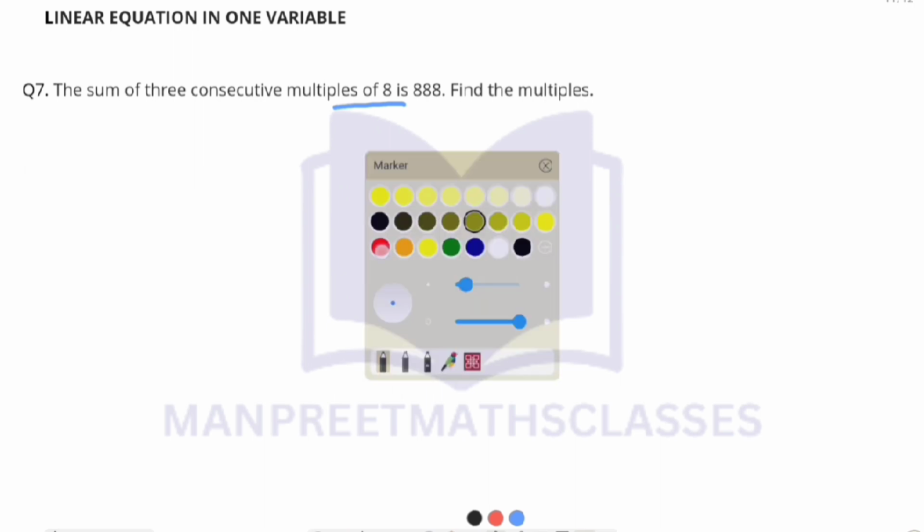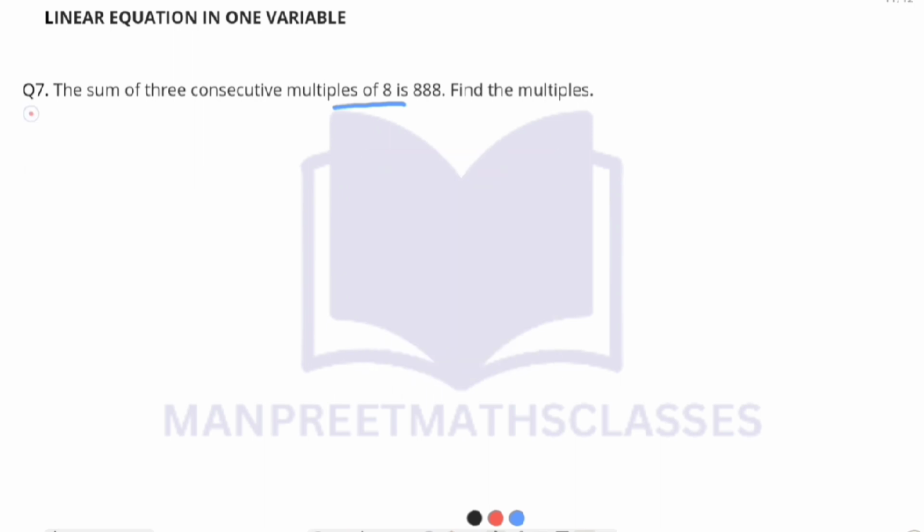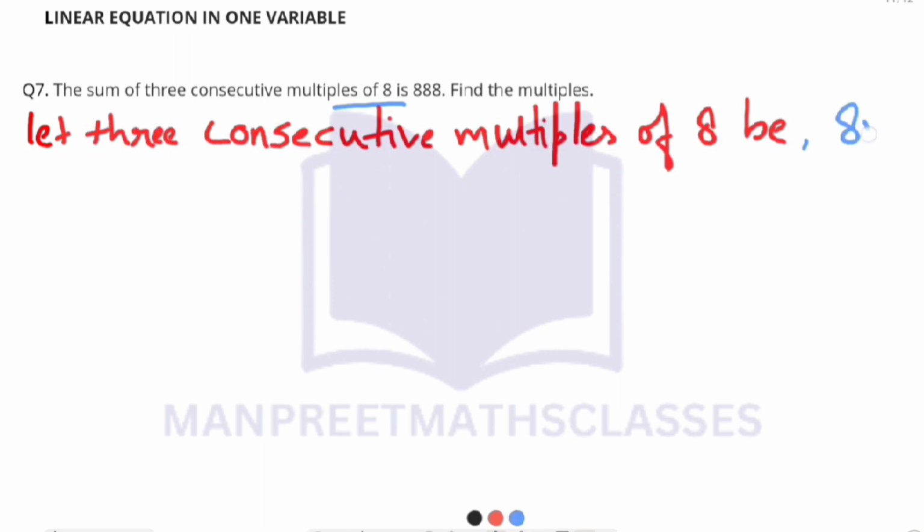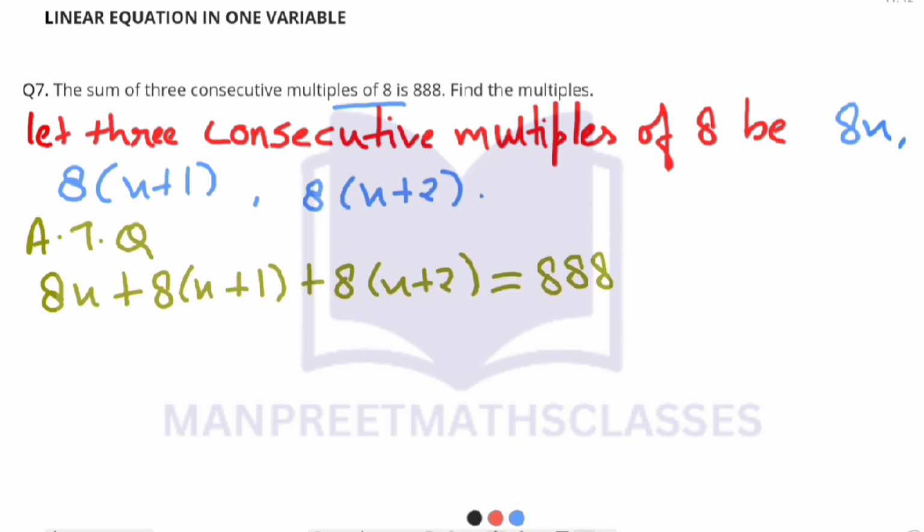So 3 consecutive numbers will be now here our consecutive numbers are 8x, 8x plus 1 and 8x plus 2, and according to a question their